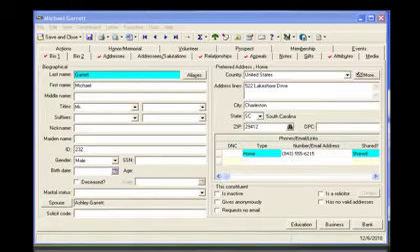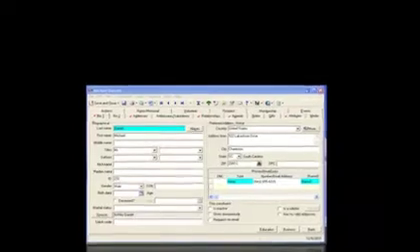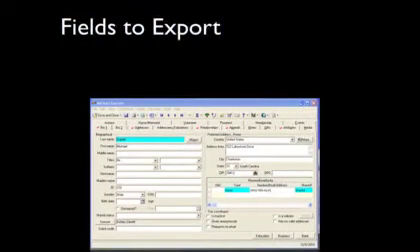This is Michael Garrett. It's a typical constituent record in the database. And what I want you to note is that on his record, there are basically fields that are populated. Whatever you're keeping track of, things like name, address, phone number. And if you look across the top of the record, wherever there is a check mark on a tab, it means that there's data. Now, when you have data on a record, and you want to export it into an external file, what basically is happening is Razor's Edge will take this file, and when you create a list of constituents, or if you're just doing it for one constituent, it'll create a bunch of fields that it's going to export,